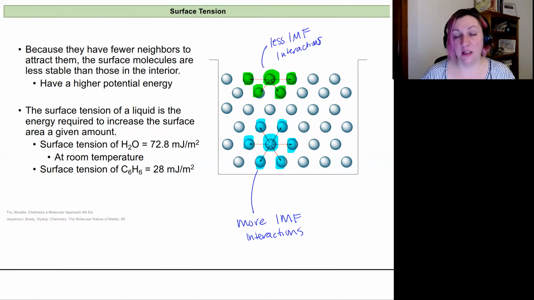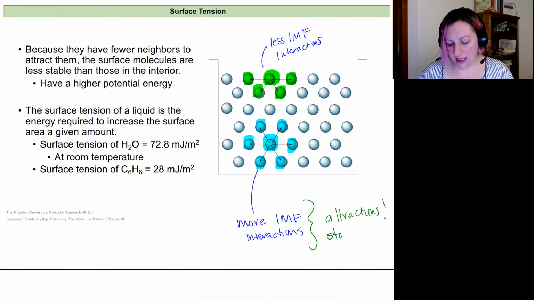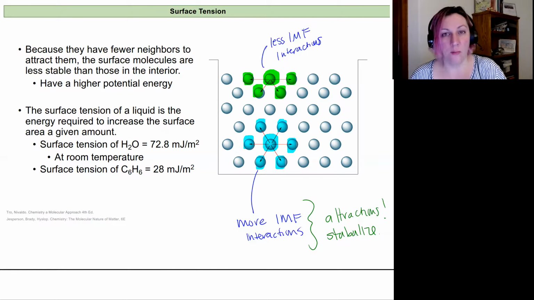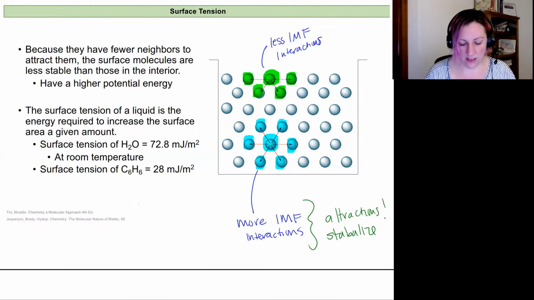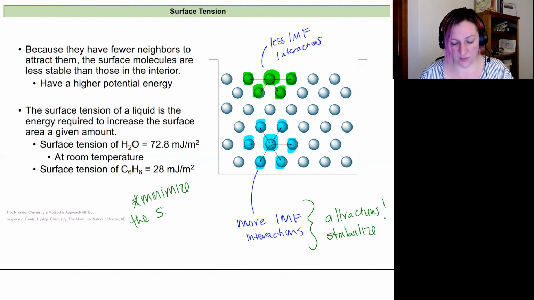Now remember, intermolecular force interactions are attractive forces overall. And so these attractions help stabilize or lower the energy of, or make overall more favorable, the interior molecule in this case, because it has more of these attractive forces compared to something on the surface that has less. And because this one has less on the surface, a liquid will minimize the surface molecules